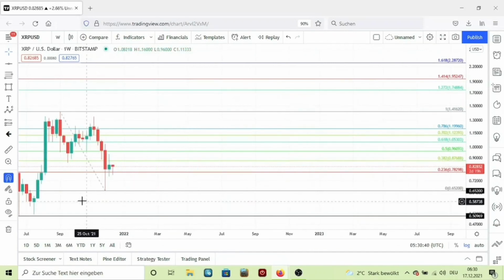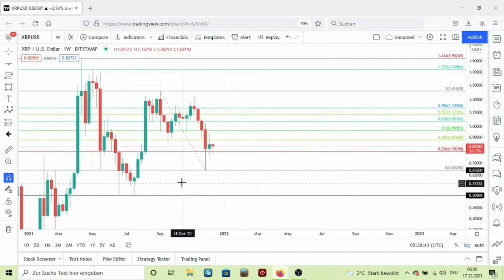We'll check it on the weekly here, so we can see, okay, moved here, tested the point. So what we have is the 0.382, 0.5 and 0.618 levels are the most important on retraces. We can see that we clearly tested this level here, went up, rejected a bit here, closed above, dropped here, closed above,